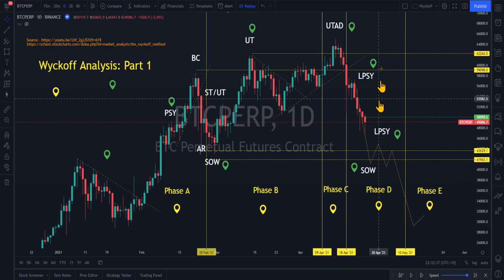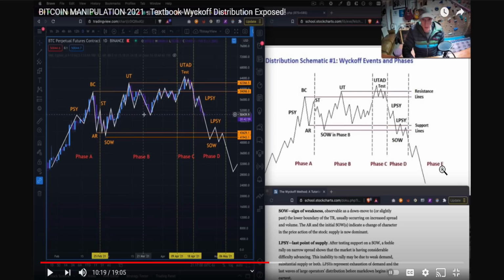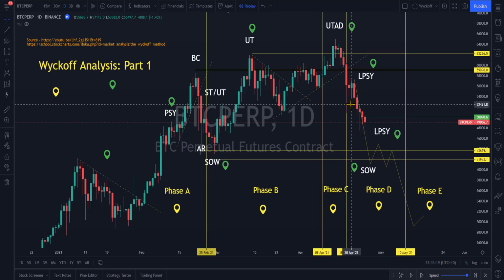Now, there's 5 phases across here. Just before we get into these 5 phases, just think about if you are in the market right at this particular point and you've seen this schematic play out, like he said, textbook Wyckoff distribution. You've seen this play out. What would you do? Would you abandon all hope and say, wow, this thing is going to 5,000? It's a really interesting question to ask yourself. There's no right or wrong answer. It's just an interesting question. So let's get back to these phases.